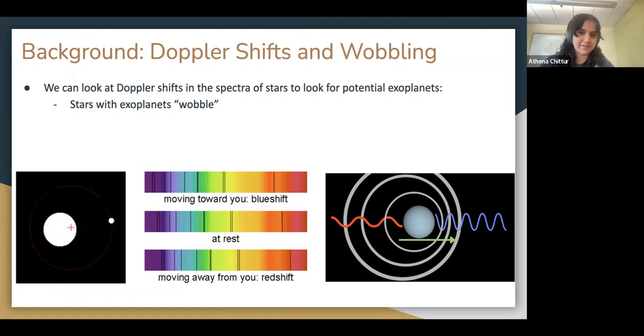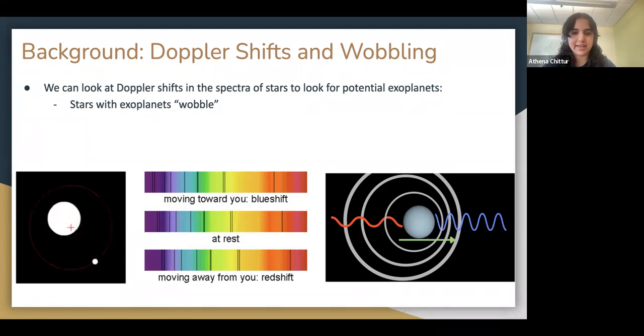So we all understand that if a star has an exoplanet, obviously the exoplanet is orbiting the star. But in reality, they're both orbiting their center of mass. And so this causes the star to actually have a very small orbit. From our point of view here on Earth, the star will move towards and away from us periodically. Because of the Doppler effect, when the star is moving towards us, this causes a blue shift in the light that we see coming from the star,